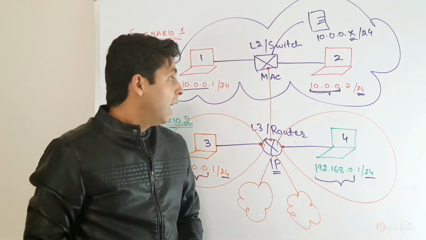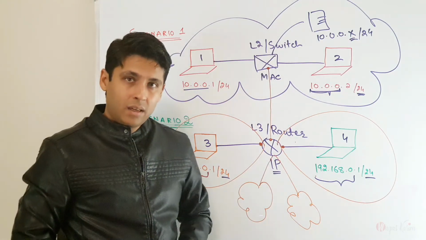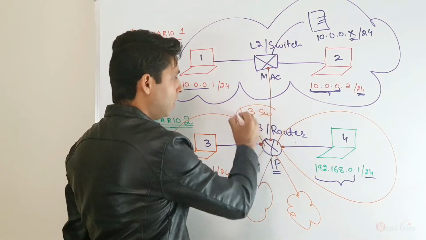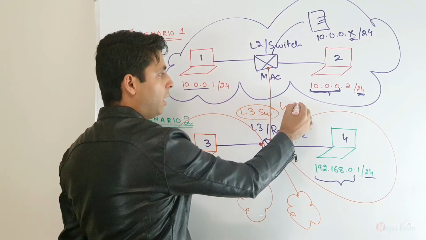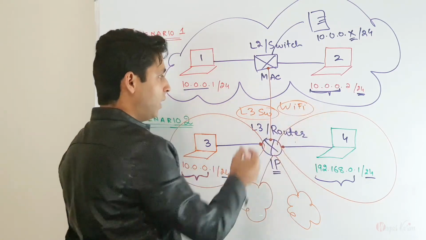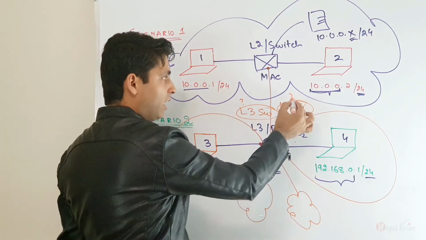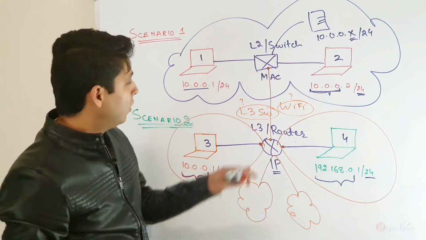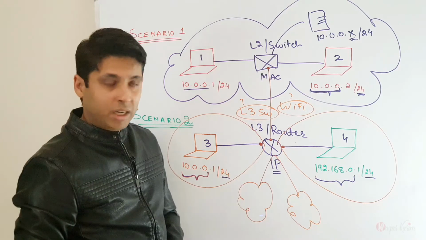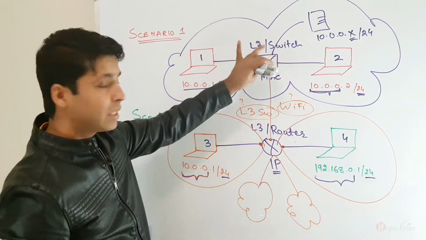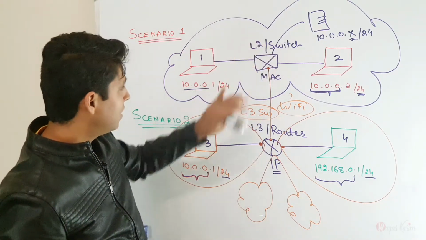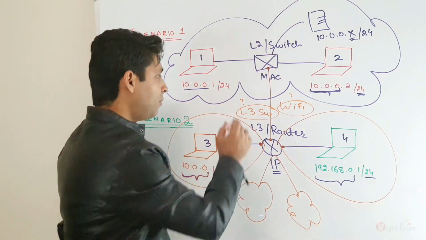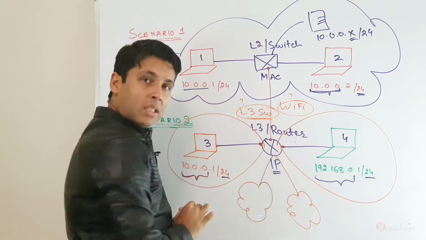Also, another question which a lot of guys are asking is about layer 3 switches. They are asking about Wi-Fi routers. They are asking whether it is a layer 2 device or a layer 3 device. My recommendation is do not go with these advanced hybrid devices. Try to make your concept solid on these two devices first, layer 2 and layer 3. Once you are good enough, then you can go with these advanced hybrid devices.